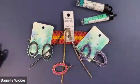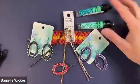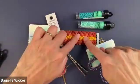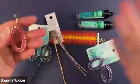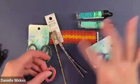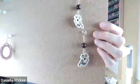So these classes kind of go together because we're going to be paletting with Czech Permalux, and you can just take the beads you have from this class and the beads we're going to use for this class and combine it all into the one that's right after that and make yourself a matching set, bracelet and earrings. So that's the next 2. And then we do have one more after that that's going to be just some brick stitch with delicas. And then we did this thing where we glued crystals on. So I'll show that in more detail next week because that one is a little ways out,